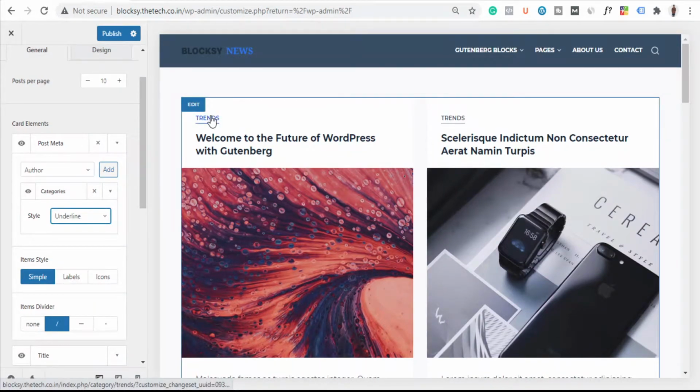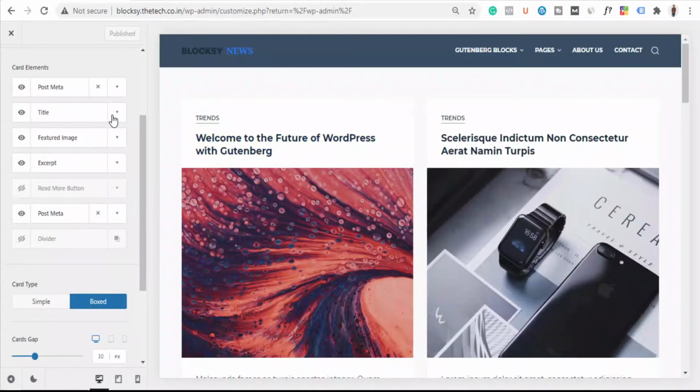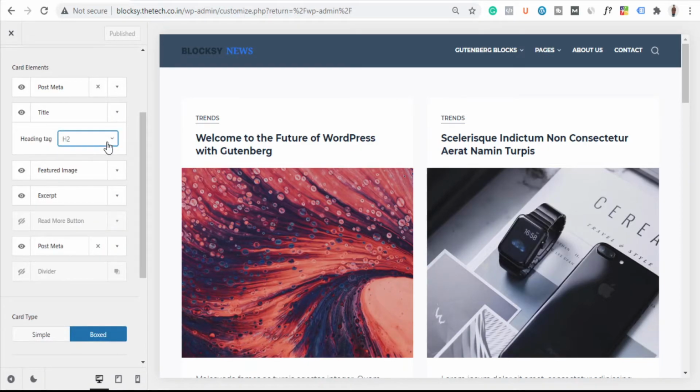And now you can see the design has been changed. Now I'll show this title section. Here you can see we have 6 options: H1, H2, H3, H4, H5 and H6. These are the font sizes. So instead of H2 I can choose H3 as well, or H1, and you will see the font size changing accordingly.